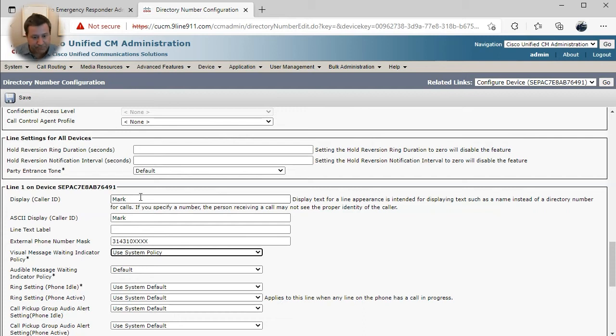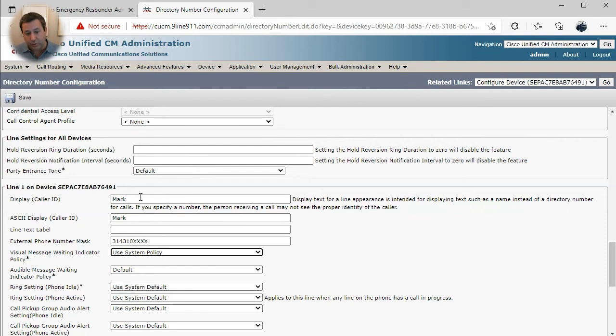Second component is that it has to be a DID. When we're dealing with off-premises users, we do not map an ELIN to that user, right? Because there is no network discovery going on. Emergency responder is not trying to figure out which switch port you're plugged into. He knows he can't talk to you, and he knows he can't talk to the network infrastructure where you're plugged